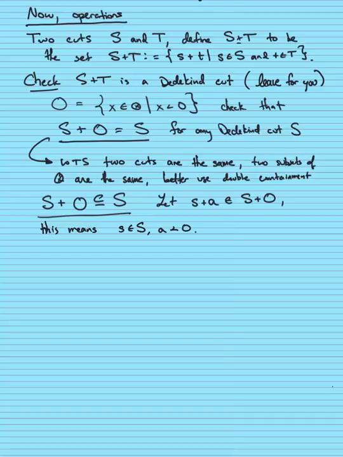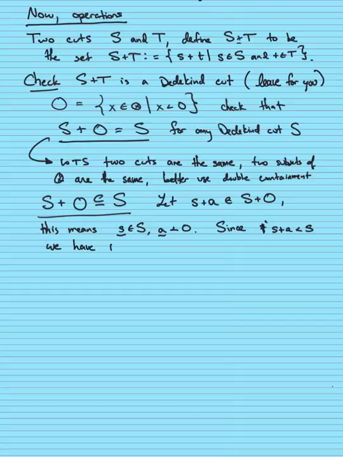What you want to show is that this is in S. So you're starting with an element s, and adding a negative number. In this case, since s plus a is less than s,